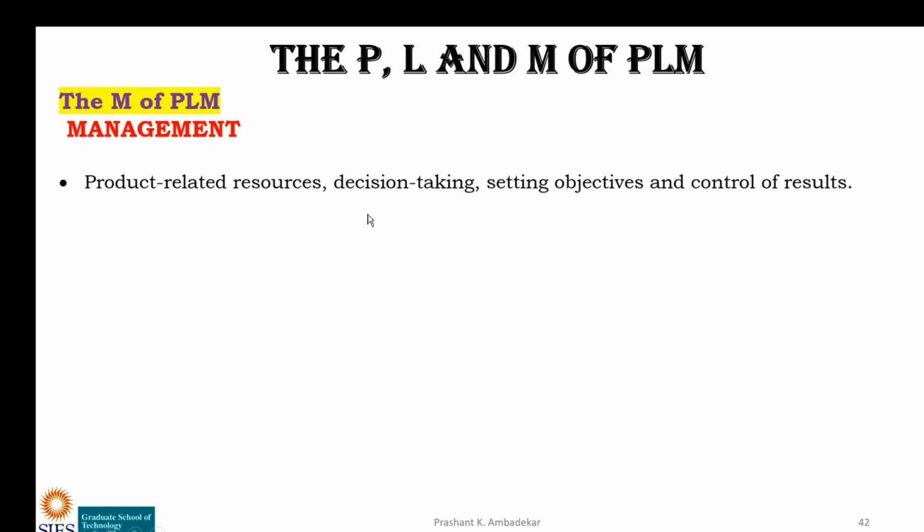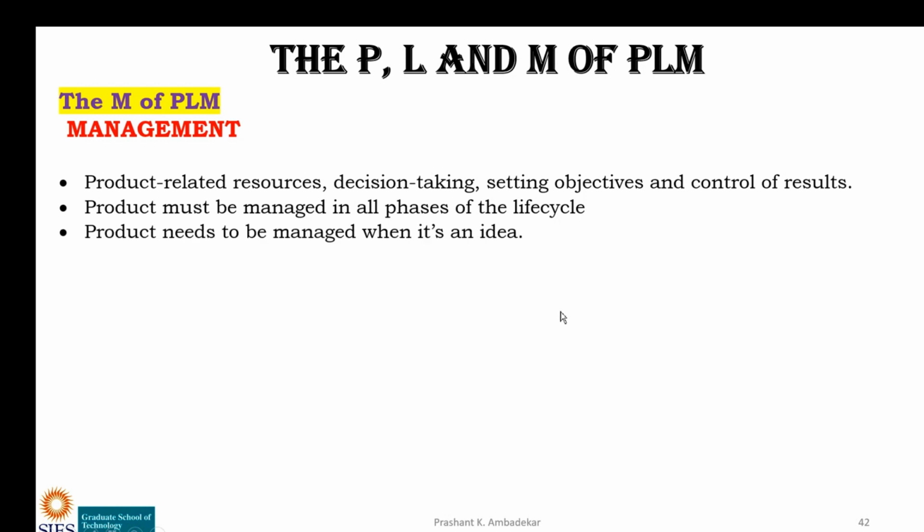Okay, so some decisions have to be taken because the sale was less, and the sale was less because there are many factors responsible for it. Then setting objectives, control of the result, all these things related to the project have to be taken care of. A product has to be managed in all the phases of the life cycle. As we have already studied, there are different phases, and in each phase the product should be properly manufactured. If the product is manufactured well, the product will make good money for the company, because finally it is the product.